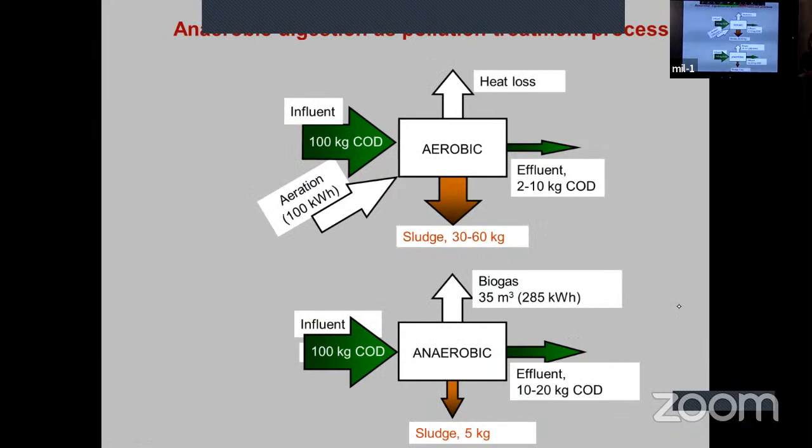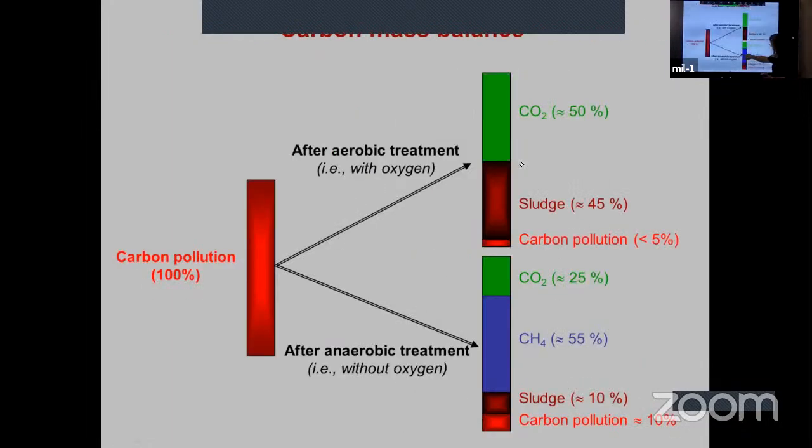And when you use anaerobic or aerobic digestion to treat wastewater, I have put here a balance of COD, chemical oxygen demand, which is a measure of the pollution in a residue. So for 100 kilograms of COD, in the aerobic process where you provide some oxygen, you need 100 kilowatt hours of energy for aeration, and at the end you will also